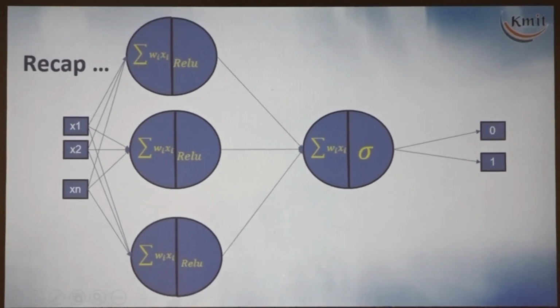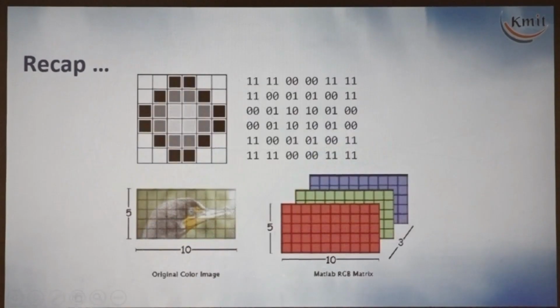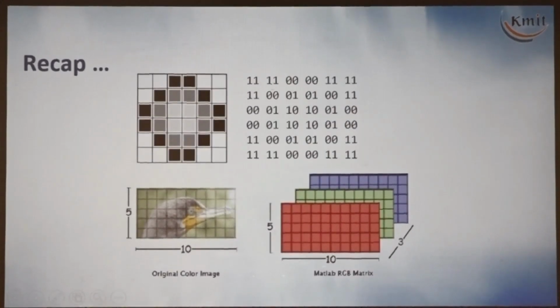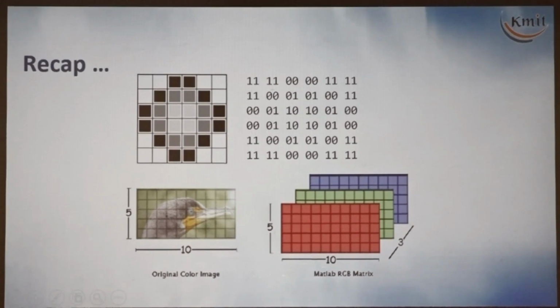Now in neural networks, artificial neural networks, we can handle data which is in tabular form. That is easy to handle. And if you have image data, in the last session, we have done this, right? In the last day, afternoon session. See here, we have the image. How will the image be represented? If you understand this point, it is easy to understand the remaining concepts. We can represent the image in the form of numbers.